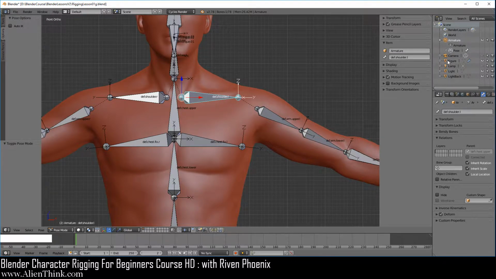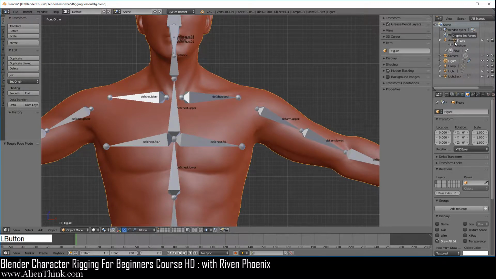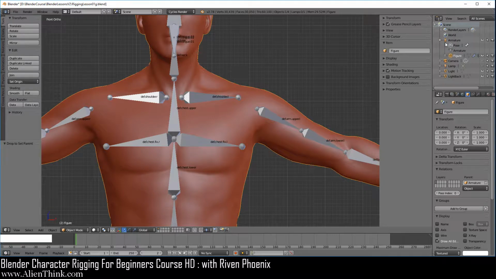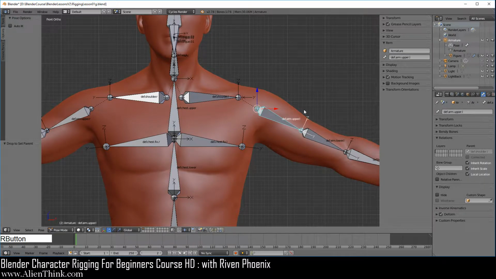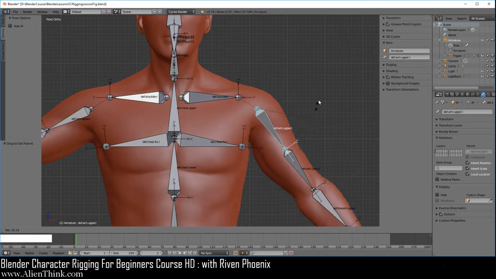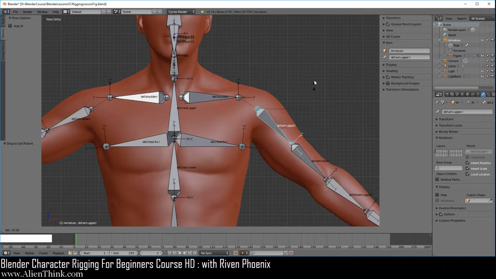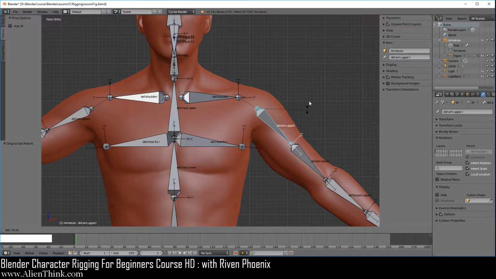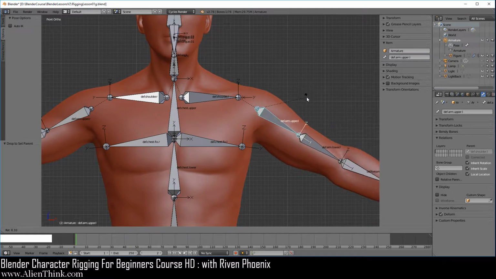Now, when we click on this figure over here and drag it onto the armature and click on with automatic weights, now when we click on this bone and press the R key to rotate, here you can see that the vertices are following wherever the bone goes. So here you could say that this again is actually working like parent-child relationships.